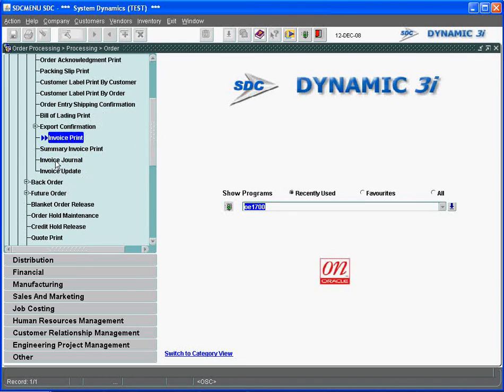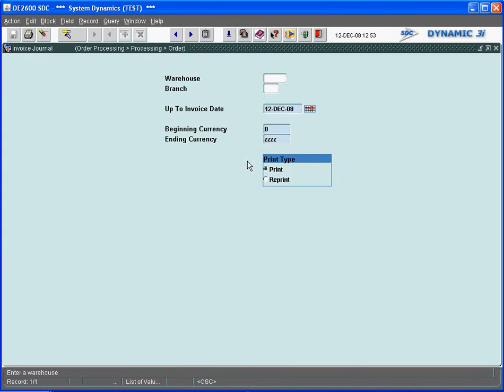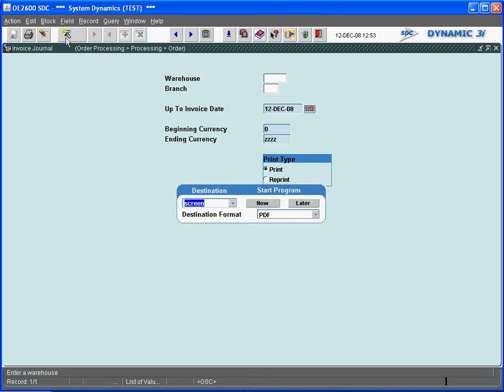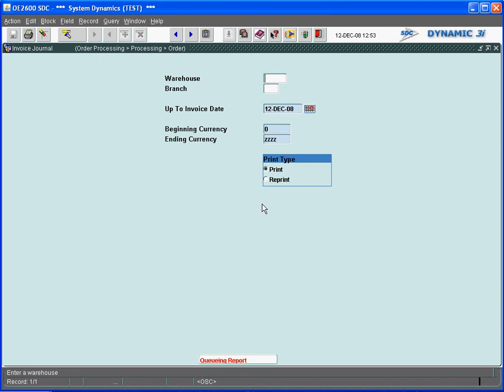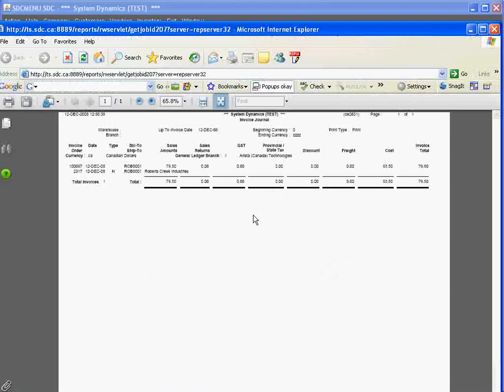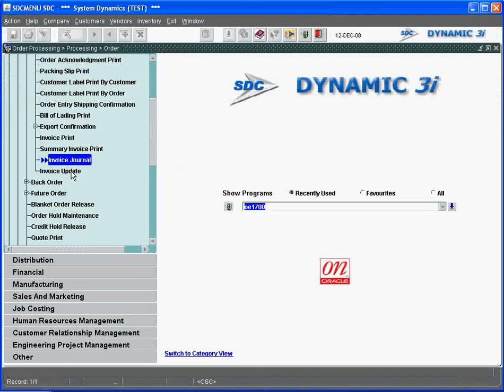The last two steps that would be done would be to journalize this. Again, we'll do this for all, and we'll print it. And this will show us the GL postings that are going to occur for that particular order and those other orders that were invoiced there. So we have the invoice 97 and order number 2317. These are the dollar values,